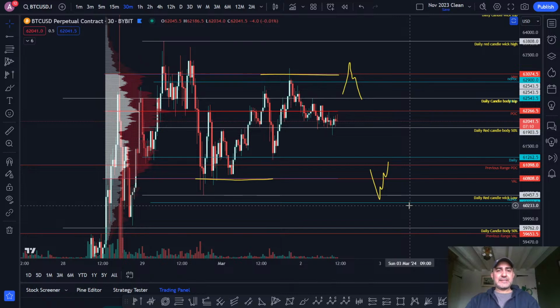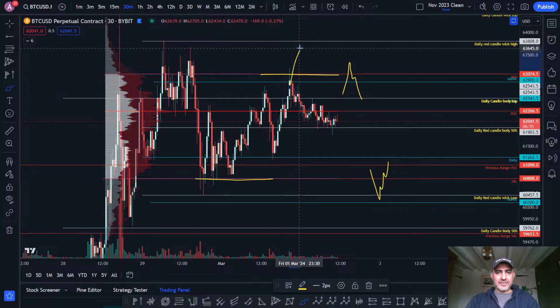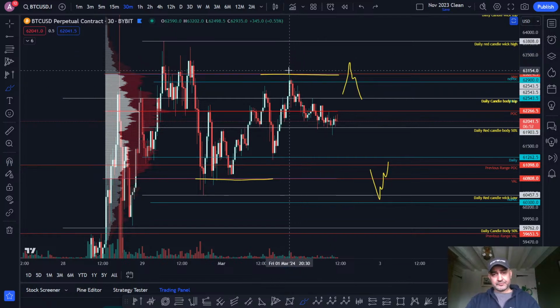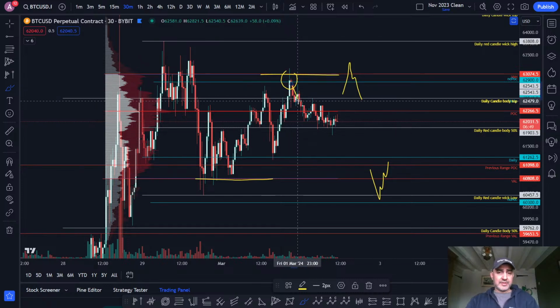Because when you're getting market buys at the highs, you really want the price to go up. You don't want the price to go down. It just means that there was more selling power with all of that market buying at the highs. If you're suddenly getting an explosion of market buying at the highs here, and the price goes down, it just means there were more sellers than buyers. And with all of those market buyers, the market buying has now been exhausted. And as the price goes down, you can take that short because you know that's it. There's no more buying. You've just exhausted the buyers at the highs with a swing failure of a previous local